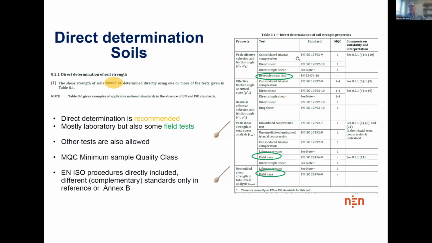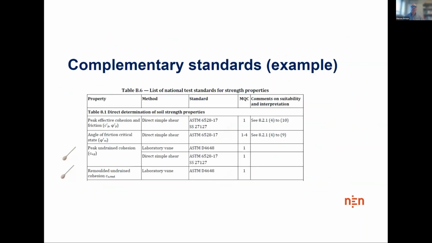And here the code, as you have been told, but I repeat, has a preference for European or ISO standards. But sometimes there is no European or ISO standard for doing something. So in that case, well, it is recognized here. And not to leave you hanging without any idea about what to do, the code has included